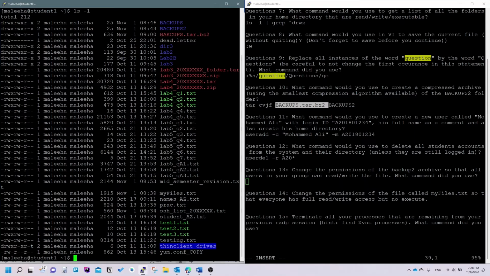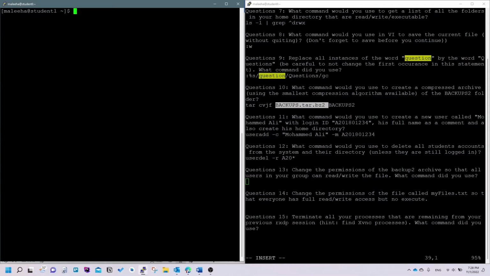Okay, I misspelled it. Okay, clear. So because I misspelled it, it has a different name. But what we can do here is ls -l tar. So here you can see,